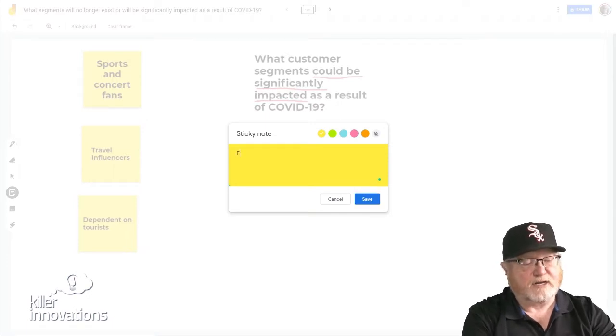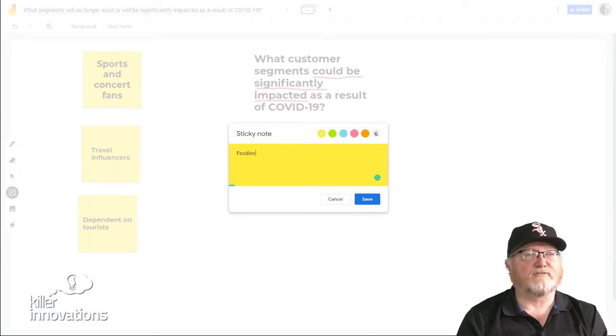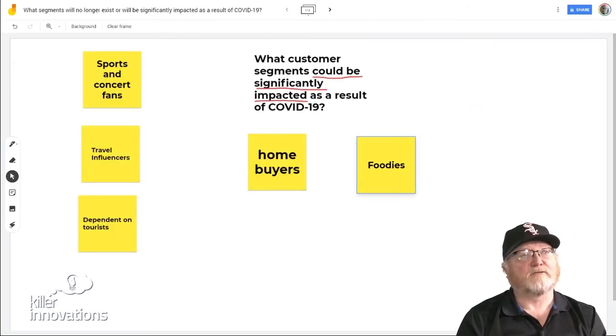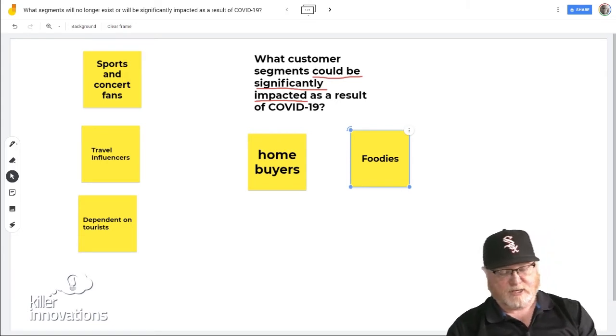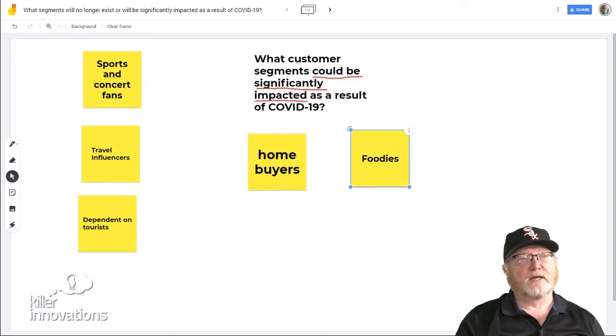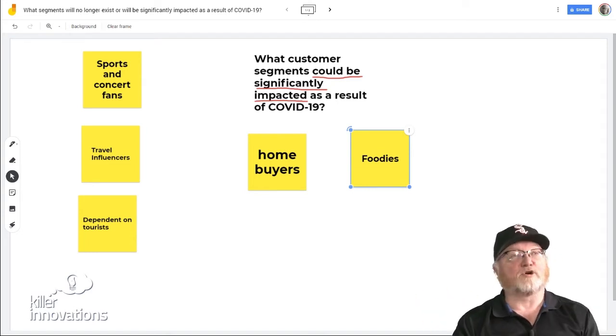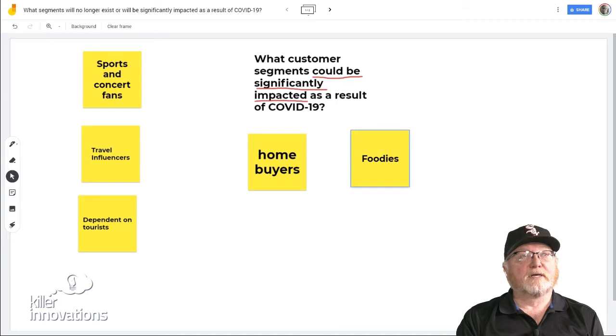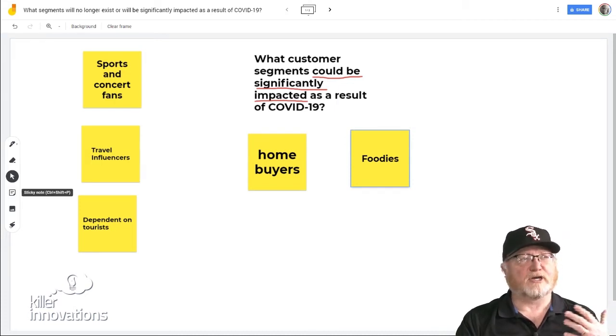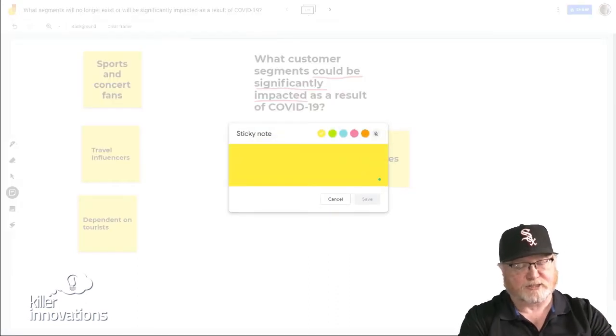The other one, and this one is an interesting one, is the whole, what I call the foodies segment. So these are the people who are really, really into food, really into the changes. And we're seeing a lot of people who are spending a lot more time cooking at home. And so, therefore, we're seeing a lot of video channels coming up on YouTube making it much easier to cook at home, and people buying and shipping food with complete meals has even become more popular. So I think that's interesting.